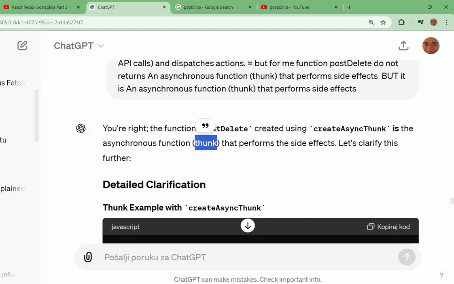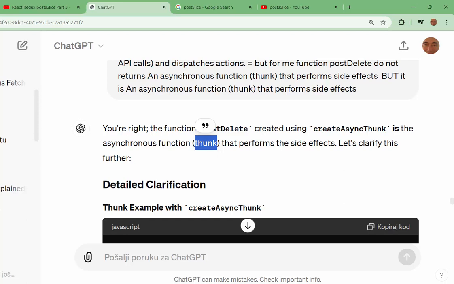When we have Redux, we have an action creator. But in some contexts that action creator is a thunk. In other contexts, it is only an action creator, not a thunk.